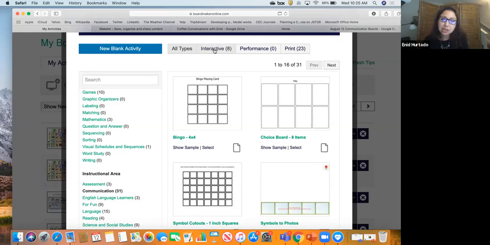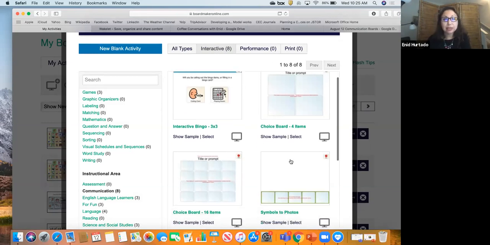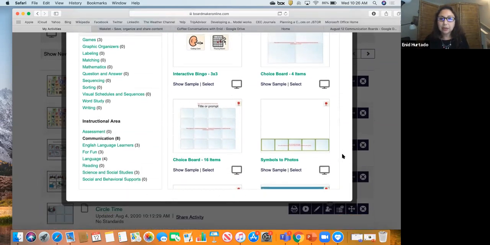But I'm going to select interactive just to introduce you to the idea of creating interactive templates so that you can use them both as interactive and print. So you have that consistency of the format in two ways of using it. So if you're sending home a PDF to the parent, but you're teaching the student how to use an on-screen activity, then you have that same consistency in the way it looks, so the student doesn't have to relearn an activity. So I'm going to do this very simply by using a communication board,